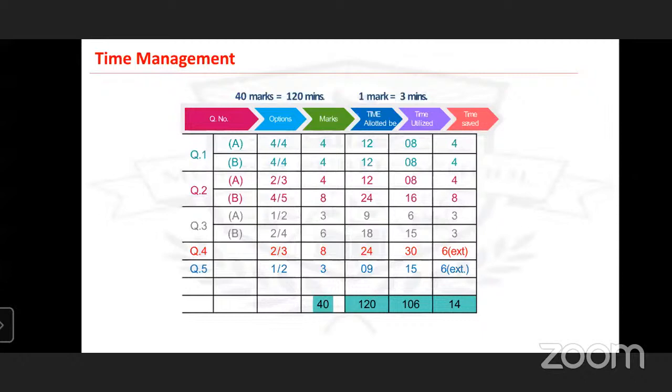Question number 3 again has A and B parts. A is an activity type question and B is solve the following questions. Question 4 and question 5 are seen questions, unseen questions and challenging type questions. So here see,